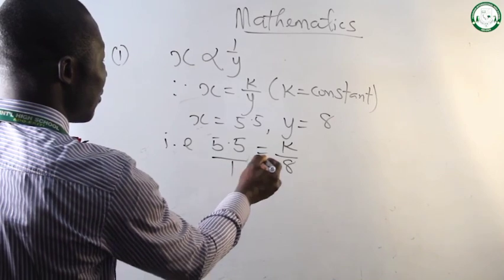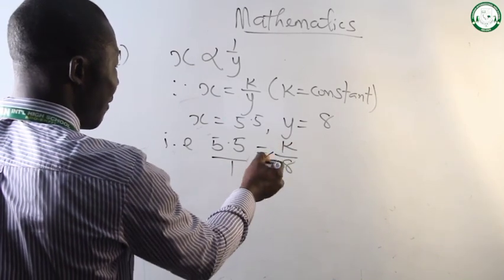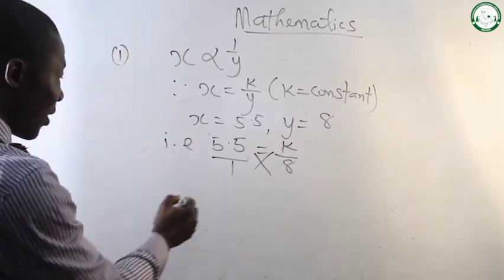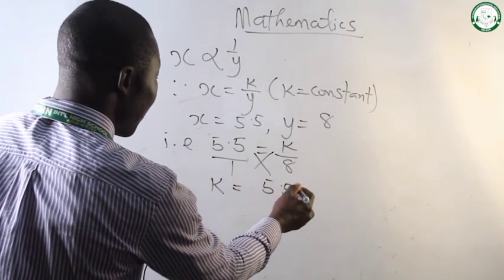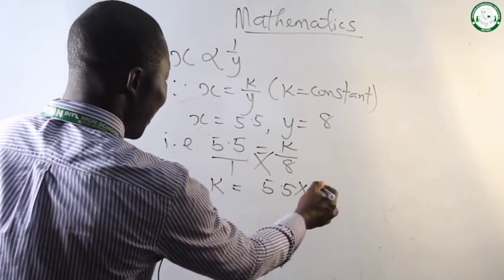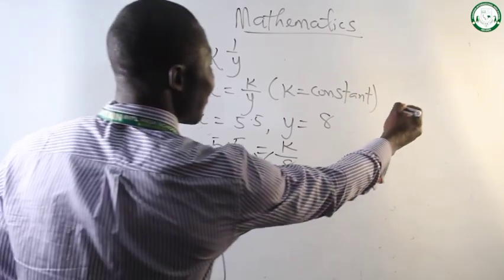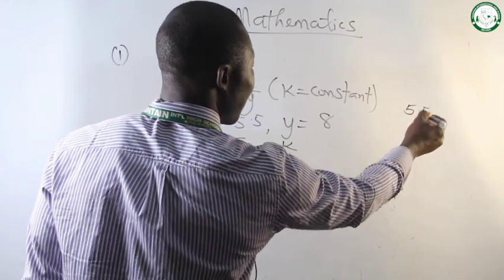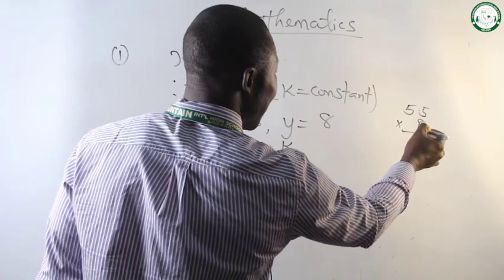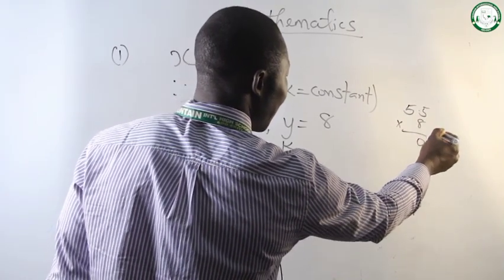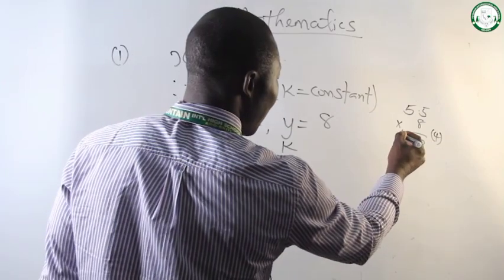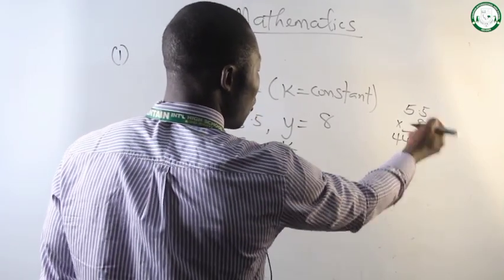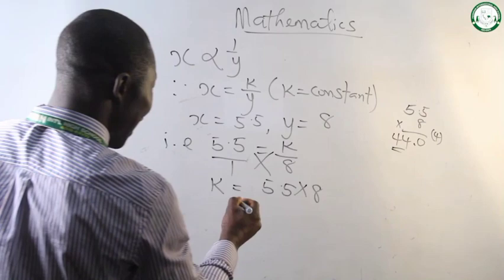From this place, we'll try to look for the value of k by using cross multiplication. K equals 5.5 multiplied by 8. Let's try to work it. 5.5 multiplied by 8. 8 by 5 will give me 40. We are keeping the 0. This one will also give me 40 plus 4. That's 44. To one decimal place, so we're having our k